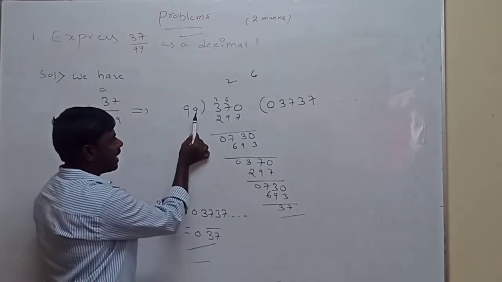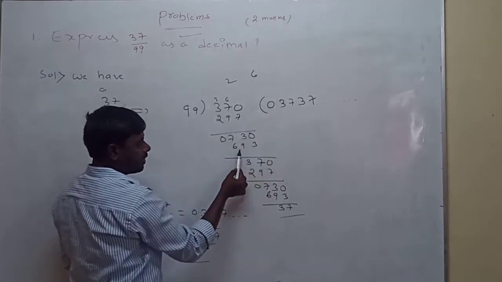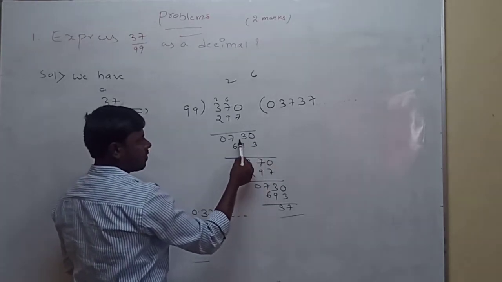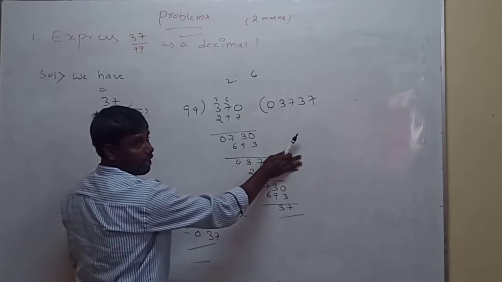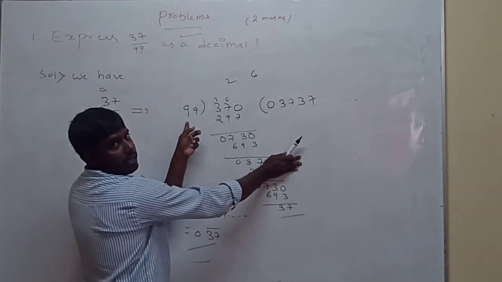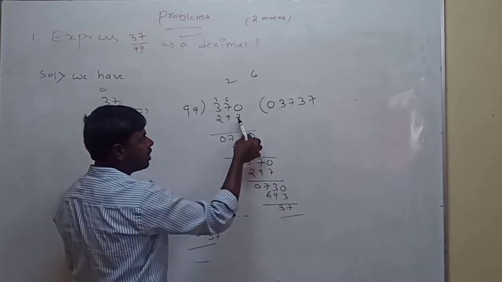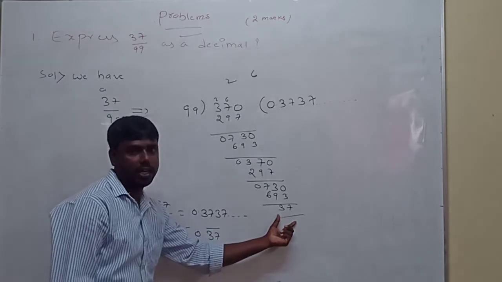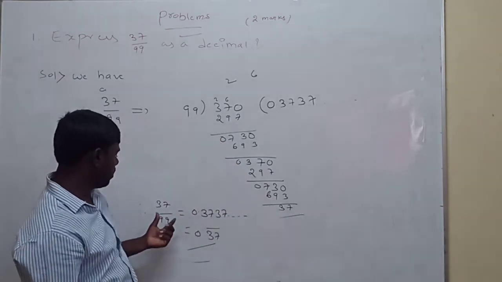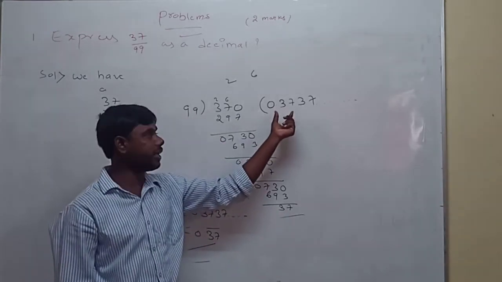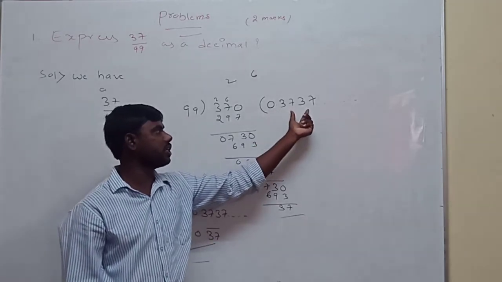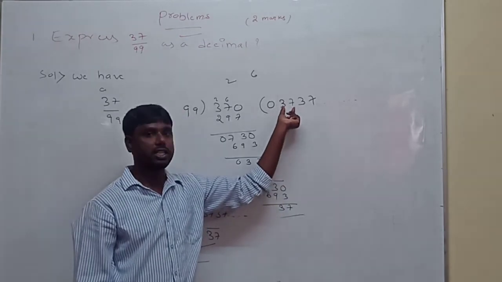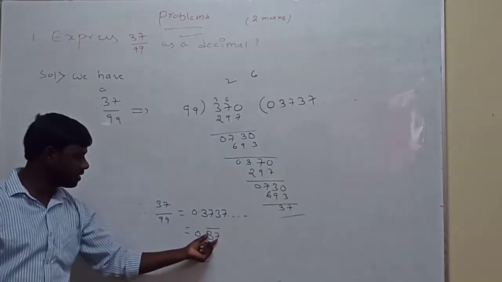So next, again which number should multiply with 99 so the nearest number comes? 99 into 7 value is 693. 730 minus 693 is 37. The smaller value is not divisible by 99. That's why again we should write the 0. Since the elements repeat many times, that's why stop the division here. So 37 by 99 finally what are we getting? 0.3737 many times. These two numbers repeat many times. That's why it can be written as 0.37 with a bar.